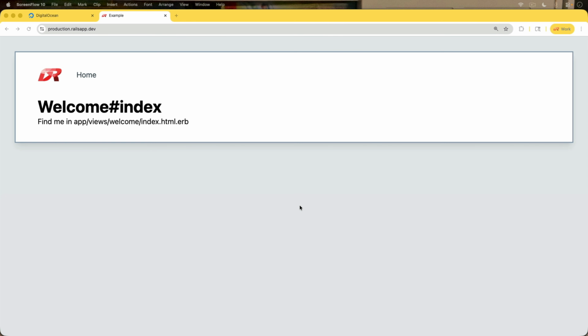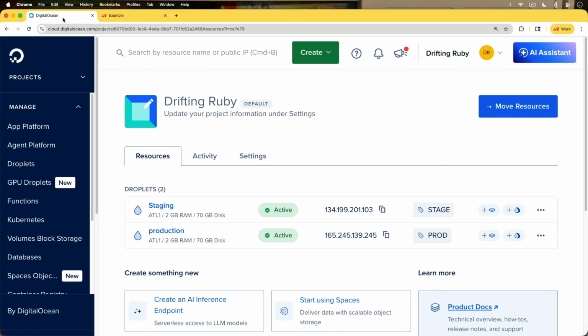In this episode, we're going to be looking at deploying an application with Kamal, but we already have that set up for a production environment, and now we want to create a staging environment. And the nice thing about Kamal is that we don't have to fully recreate the exact same infrastructure that we have for production. For example, if production has a managed database, a Redis server, perhaps Meilisearch, and other things,